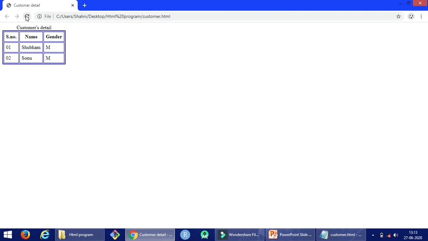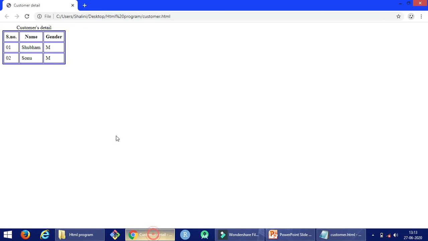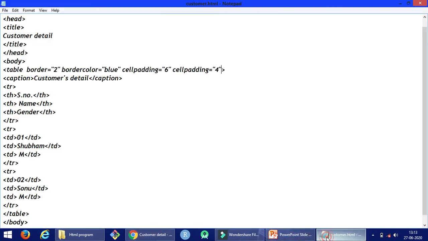See, the distance between the border edges and the cell content has increased now. Okay. Now write here cellpadding again. Save it. Run it. Make it 8.